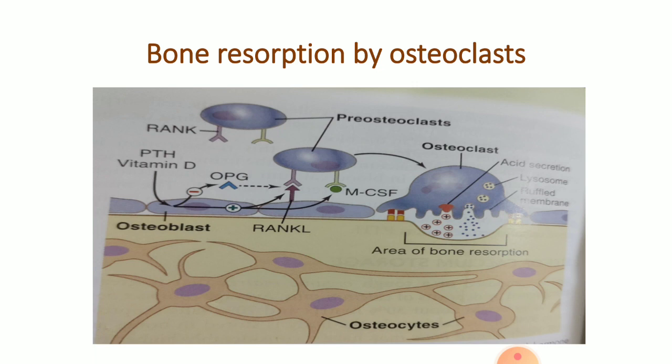Now when the pro-osteoclast has developed into osteoclast, there occurs formation of a ruffled border by projection of villi, liberation of proteolytic enzymes from the lysosomes, and also acid secreted from the granules of the osteoclast, forming a resorption pocket in a localized area of the bone where dissolution of the bone occurs and resorption takes place. So this is how the osteoclastic resorption of bone takes place.